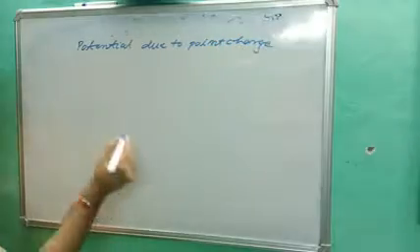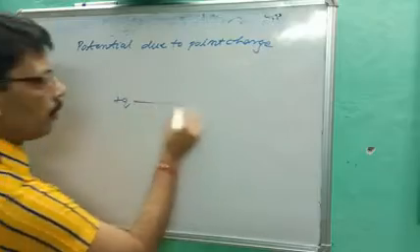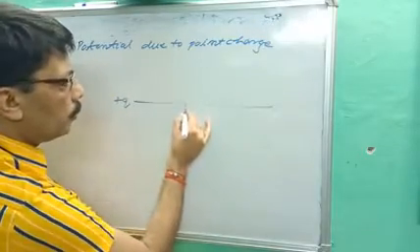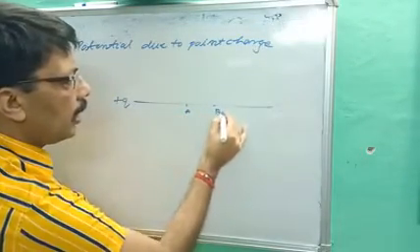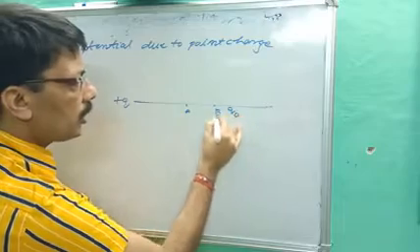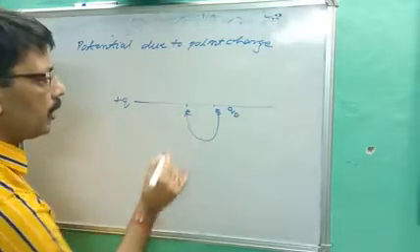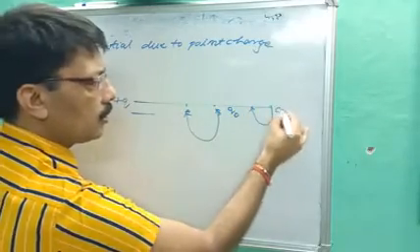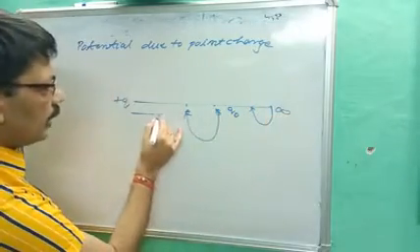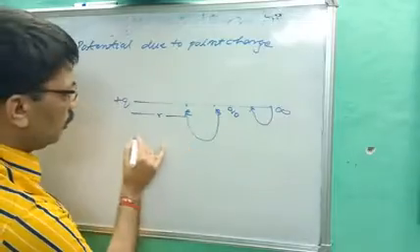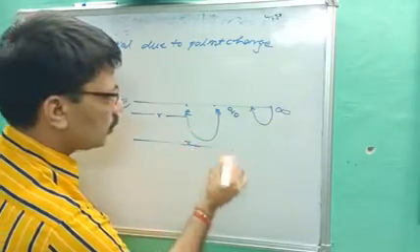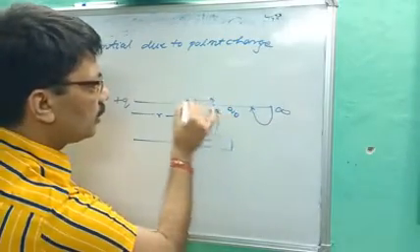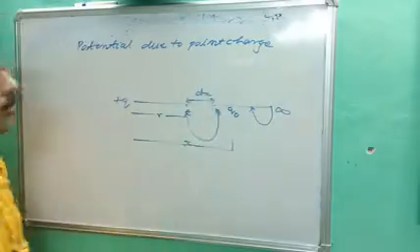You better know it is a work done. Let's suppose any charge is Q and two points are A and B, and a test charge Q naught is brought from point B to point A. It is brought from infinity, and that distance is R, and the starting distance is x, and the small displacement is dx.